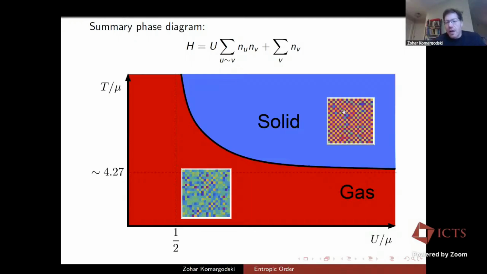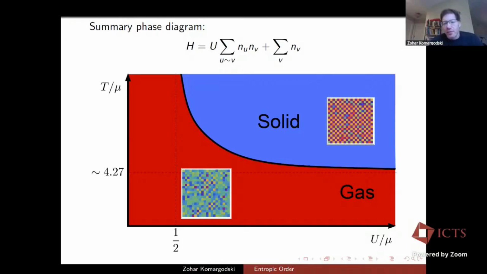Now, I'll explain soon how come the solid has more entropy than a gas. Usually gas has more entropy than solid because the solid is ordered and you lose entropy by this nice checkerboard pattern. Anyway, that's the statement: this model has a solid state up to infinite temperature, strictly speaking, and it happens for any U that is bigger than a half.